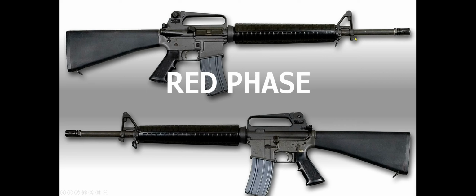This right here is where you can place your bayonet. This is your charging handle. This is how you change your rear sight. This is how, on the inside, you change your front sight. Here's how you go ahead and strap your